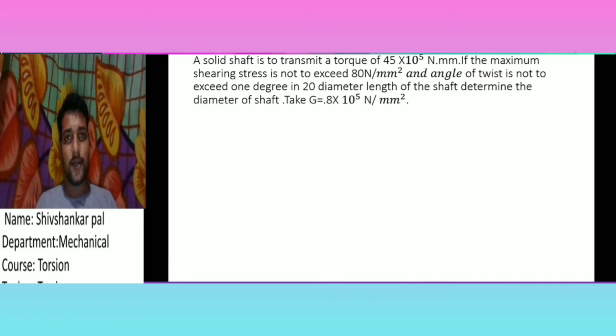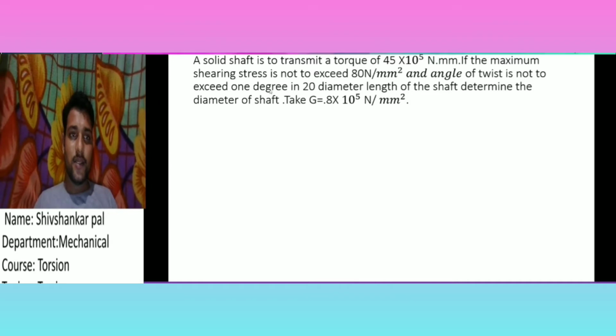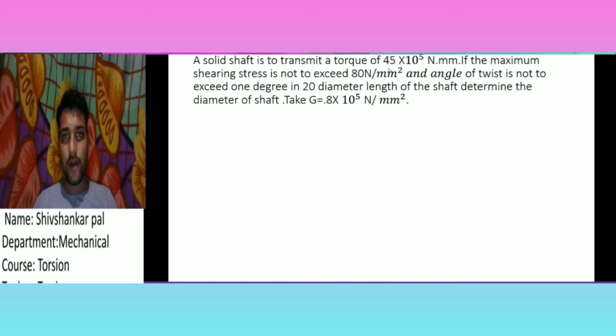This session is the problem solving session. In this session I will take a very important problem. A solid shaft is to transmit a torque of 45 × 10^5 Newton-mm. If the maximum shearing stress does not exceed 80 Newton per mm² and the angle of twist does not exceed 1 degree in